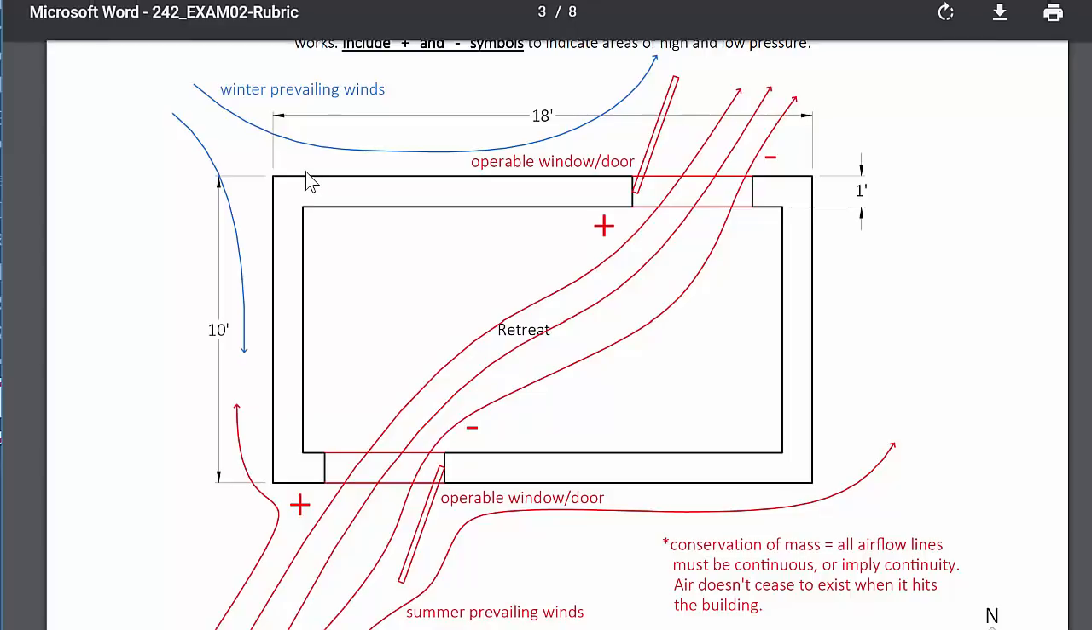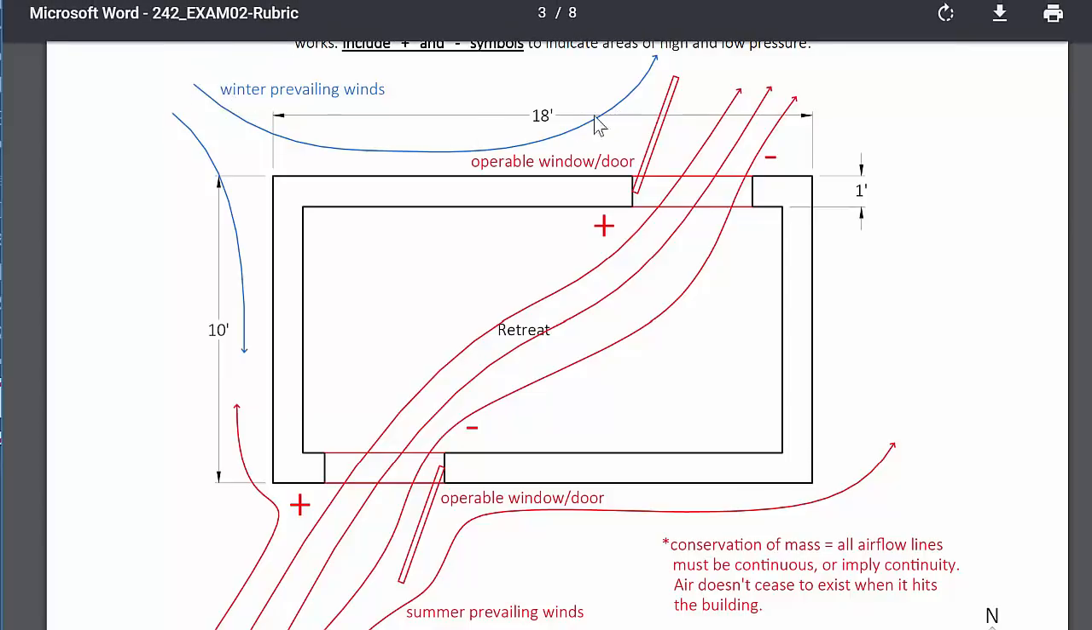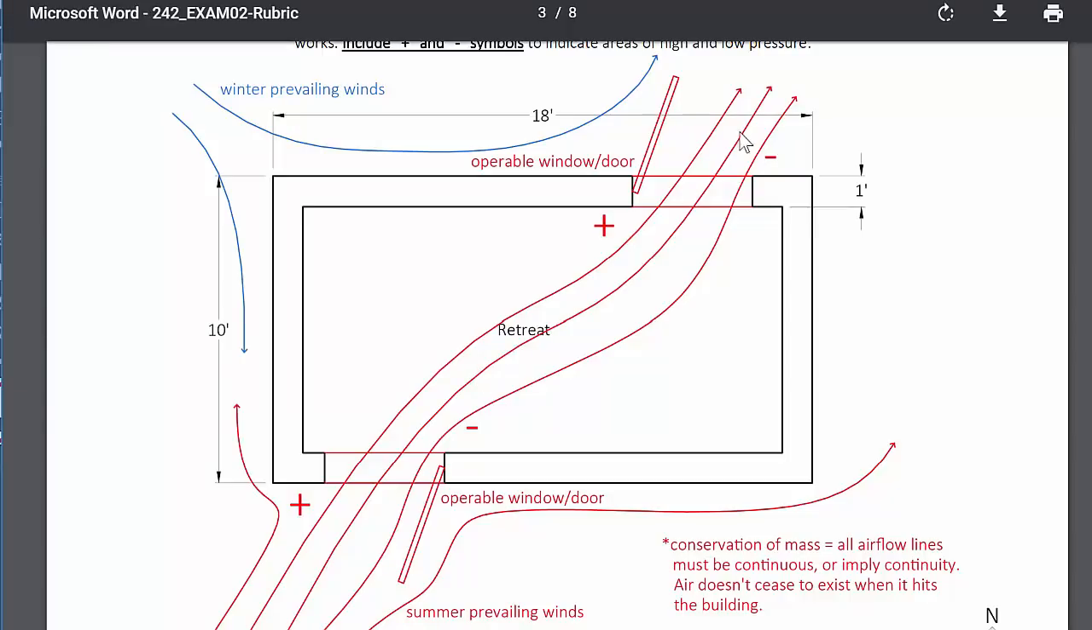Lechner had a pretty lengthy section in your reading where he was talking about conservation of mass and the continuity of the streamlines, and went through step by step how to draw streamlines. So what we should have seen for the summer prevailing winds is a high pressure on the windward side, a low pressure on the leeward side of the building. The same situation happens at each wall, a high pressure, a low pressure, a high pressure, a low pressure, and then we would have seen these airflow lines